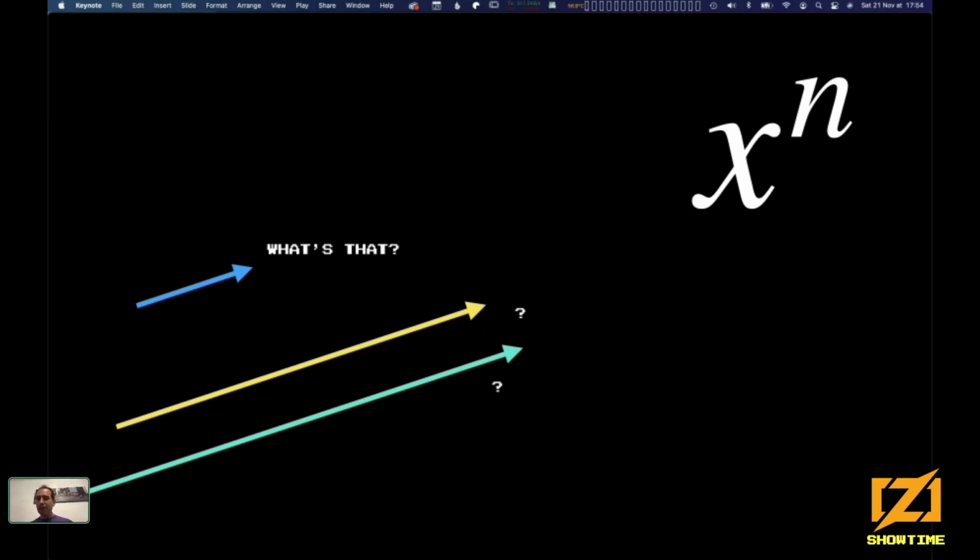But yeah, before that, we saw x to the n, and I told you before that what we did is take some operation and recursively apply it n times. But this operation can be anything. It could be a multiplication. This is what we did before. But here, we don't have multiplication.